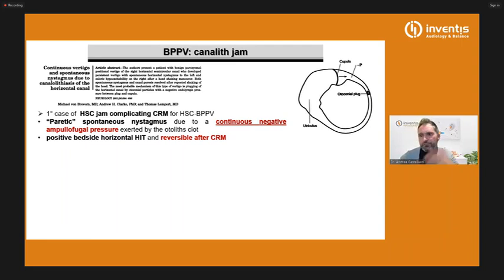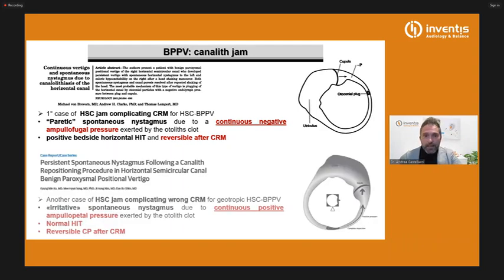So it's a persistent inhibition of the afferents of the canal, leading to a paretic, let's say, spontaneous nystagmus, with a positive bedside horizontal head impulse test that normalized after the canal repositioning maneuver. And it was from Michael von Brevern, and these are other colleagues from South Korea that described another case of